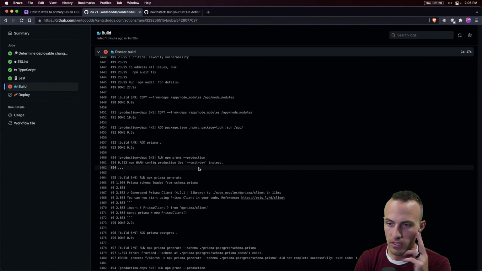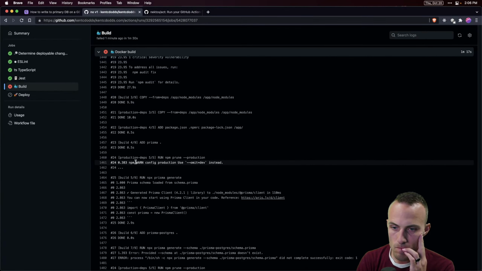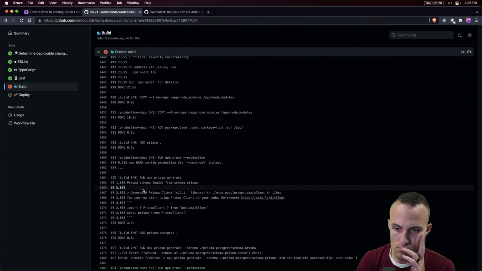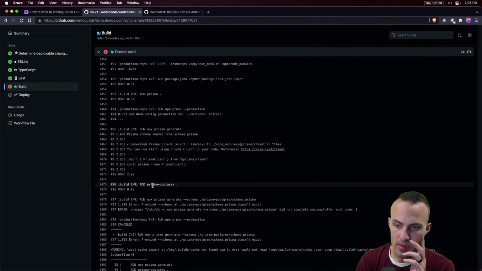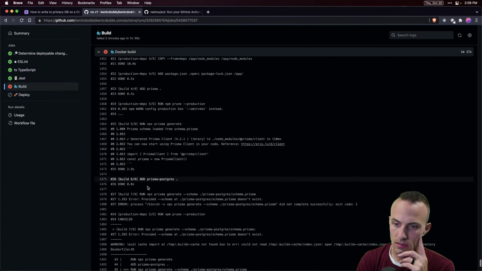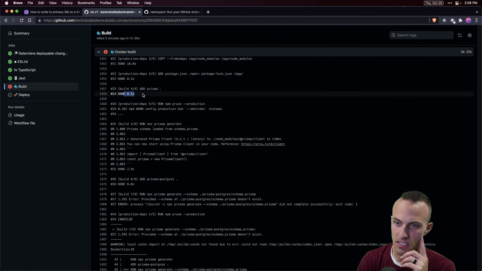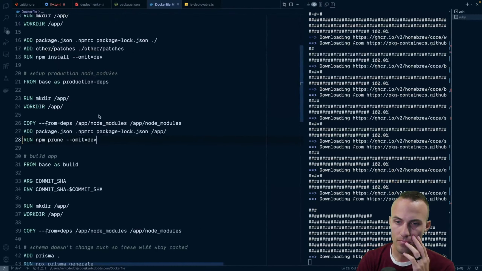I got that warning there too. Add Prisma Postgres. And that takes 0 seconds. When I add Prisma, that takes half a second. So I would expect maybe